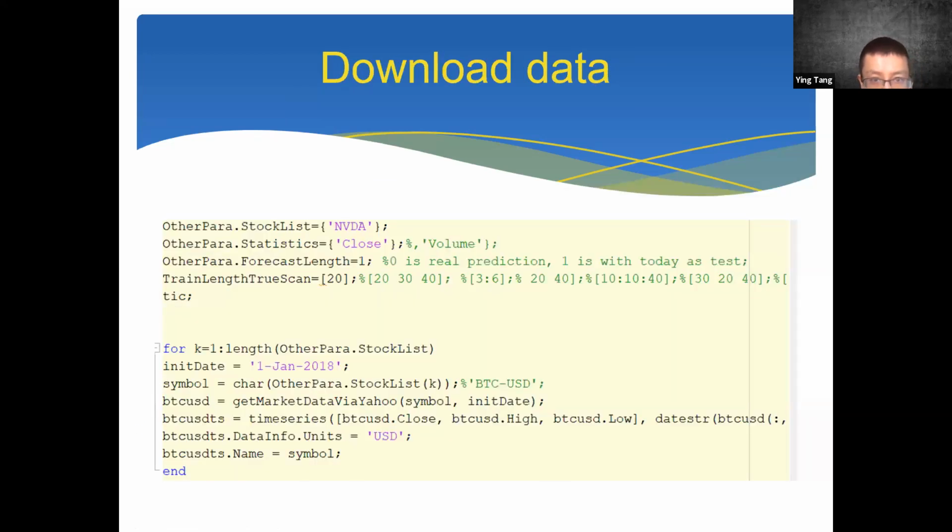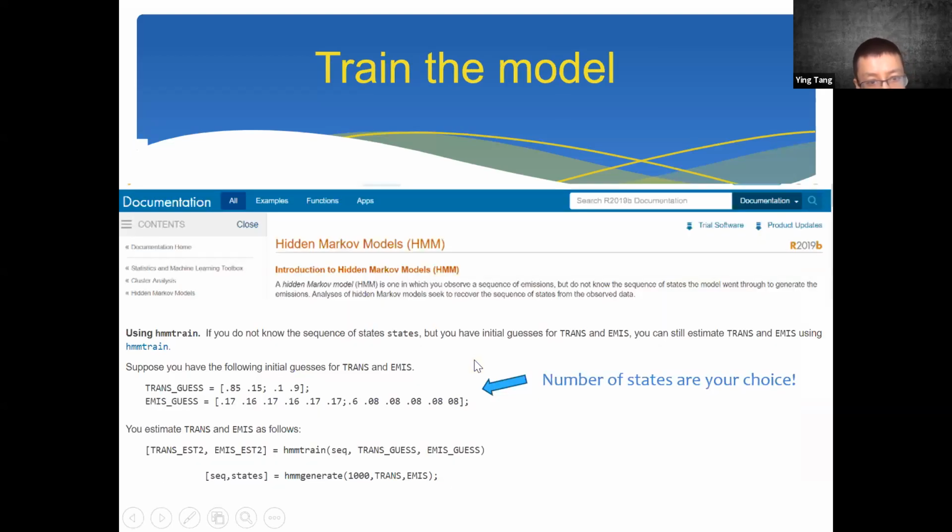Okay, so once you download data, this is step 1. Step 2 is to train a model, right? So MATLAB also has a package called a hidden Markov model. This is a package for implementing the model. Again, you read the documentation and see how to use this model. So the core code is also very simple, a line of code,